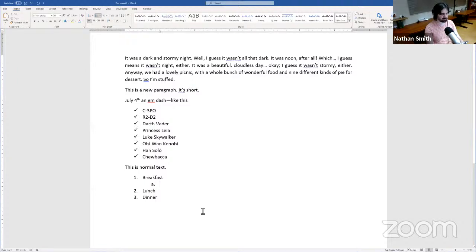So let's see, I can go beverages. I'll press enter again, and then I'll hit tab one more time so we can make a sub item here. Lovely. I'll press enter one more time, but I'm done listing beverages. So I actually want to go up a level here. What I'm going to do is hold shift while pressing tab. And that is going to give me a B here. So now I can say, you know,